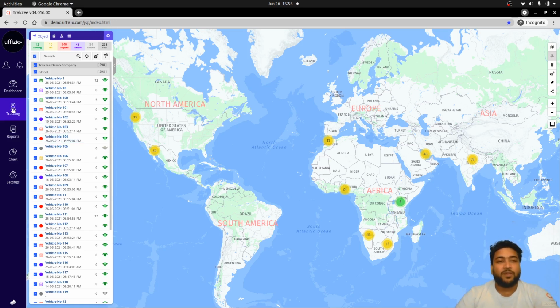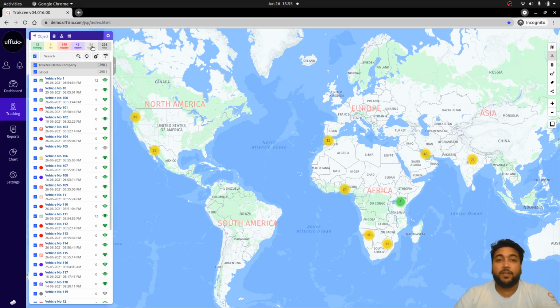So this option is available on the tracking screen, where in the object panel you will find the list of the total objects that are available to this user. Based on the total vehicles, you will get information like running total vehicle, idle total count, stop count, as well as inactive and no data information.